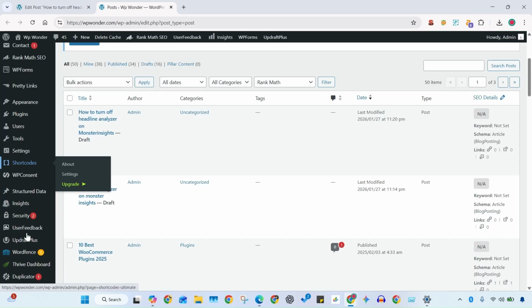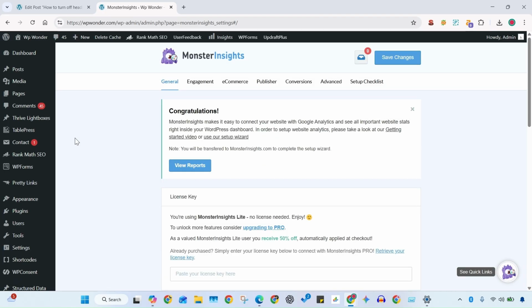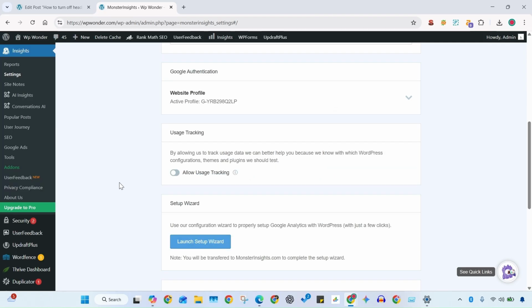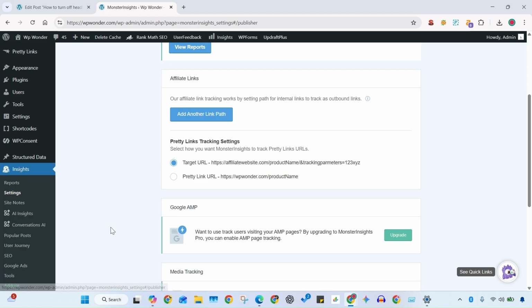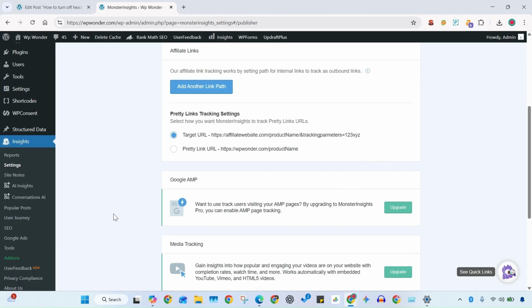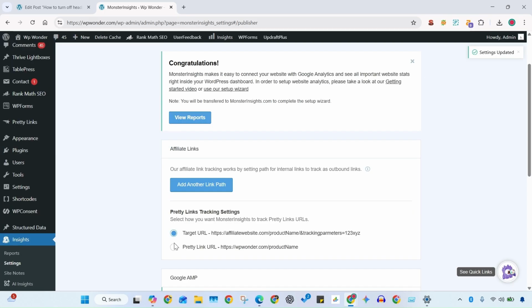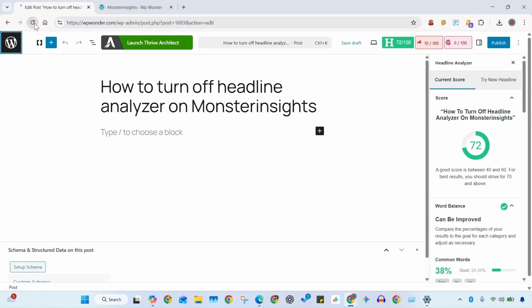to the scroll down, going to the insights, then go to the settings. After you go there, you have to scroll down. You have to go to the publisher section. Go to the publisher and then scroll down, and you'll be able to see this option called disable the headline analyzer. Turn it on and save the settings, and then go to the edit post and then refresh it again